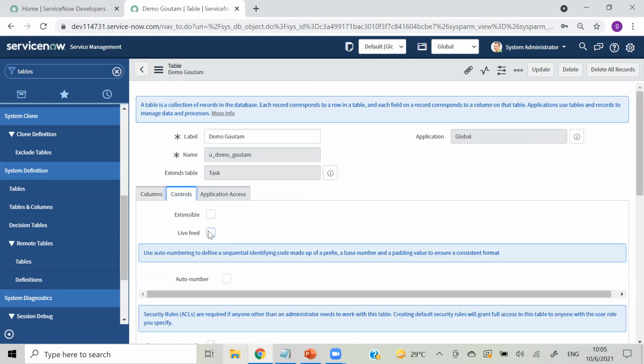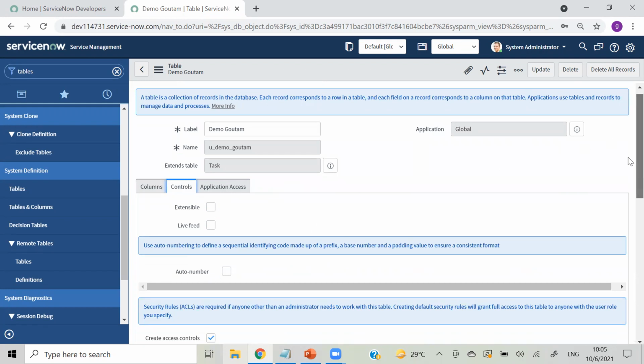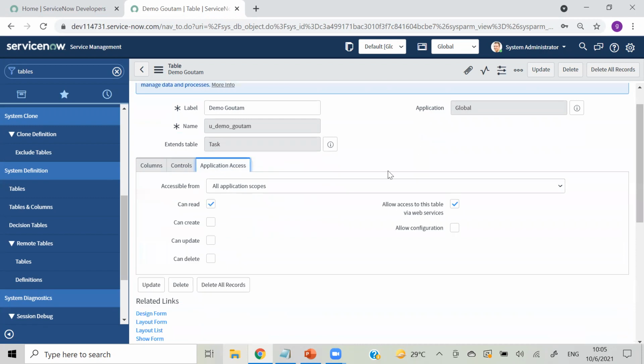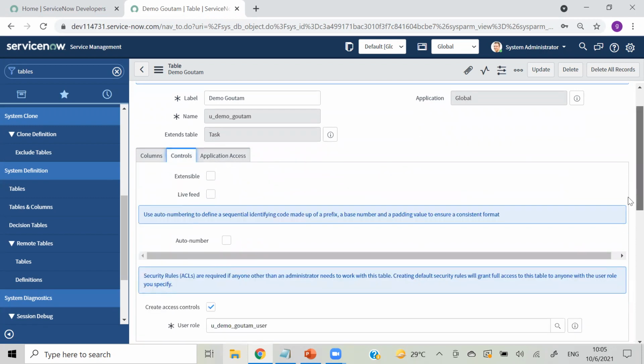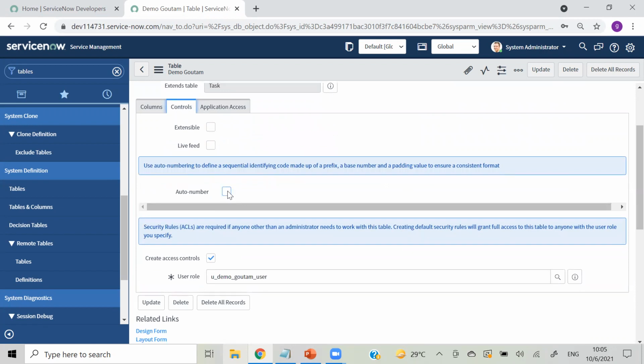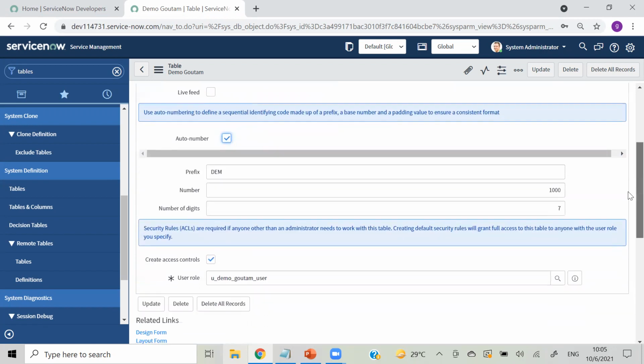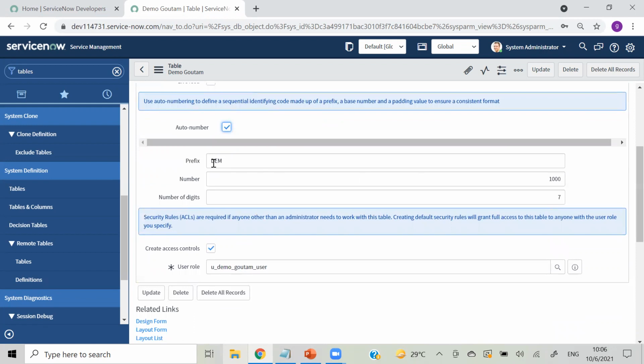I am not changing anything here. Access one I am leaving as it is. I will use this one, this is by default, this prefix.